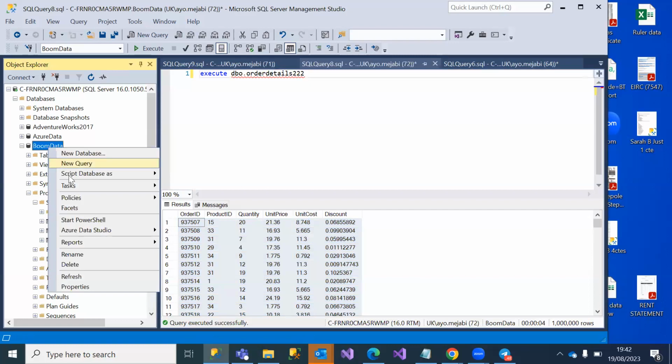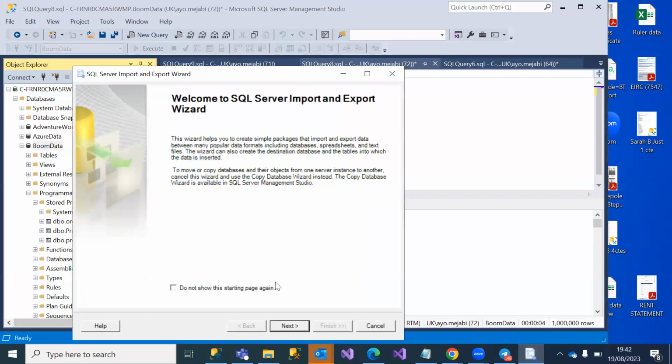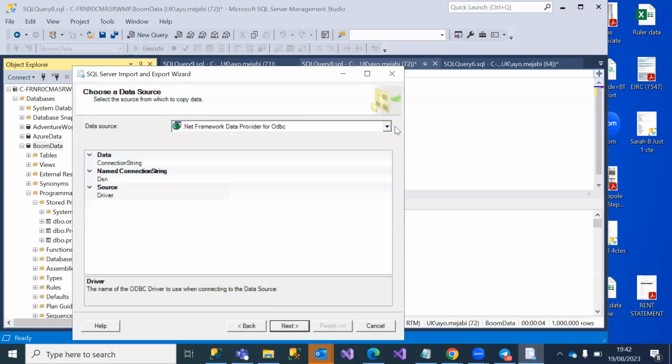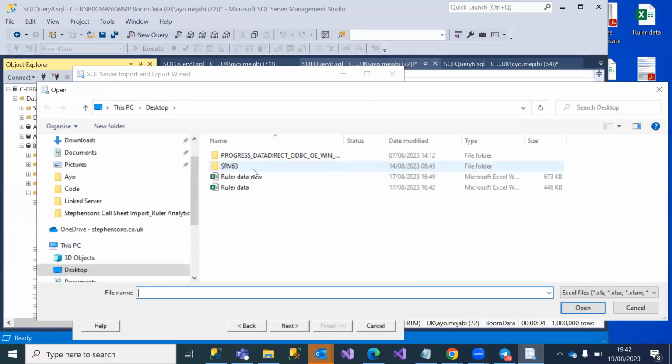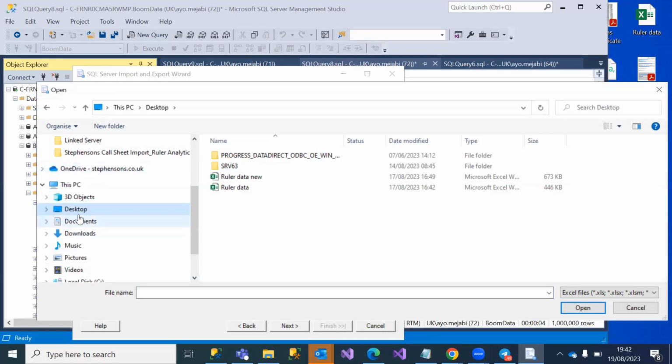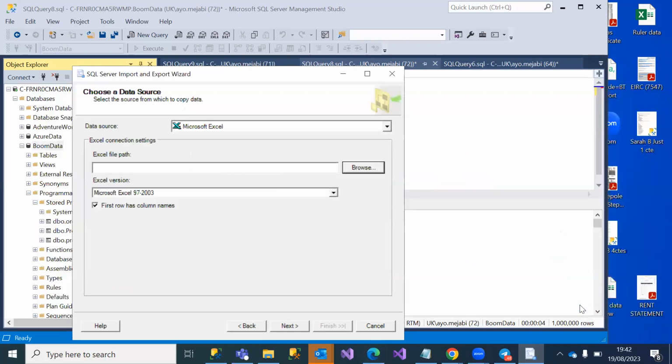Again, right click, Tasks, Import Data. Next, choose the source as Excel. Go to where it's located. Documents, test data. Okay, then I open it.